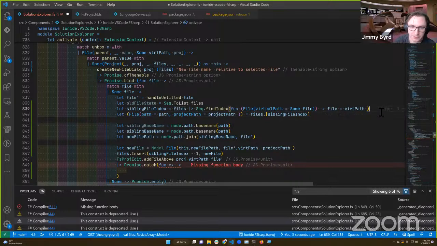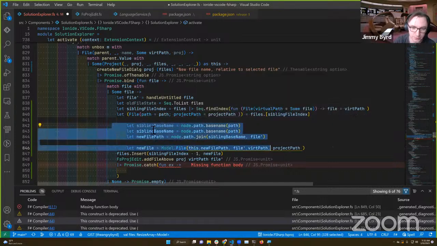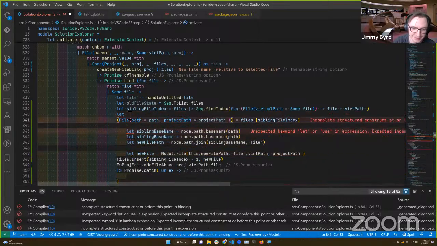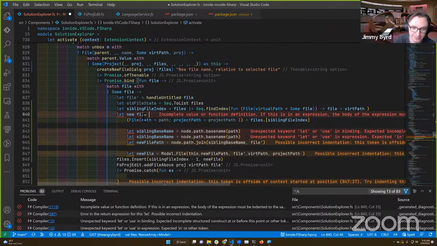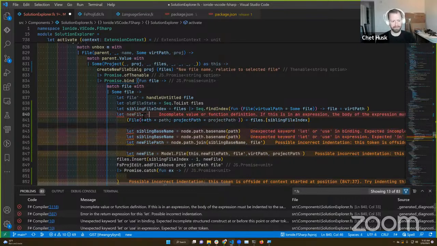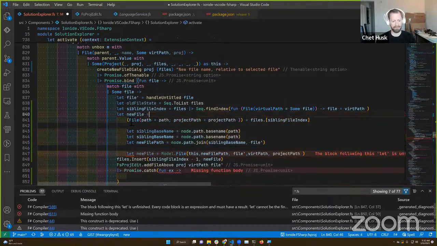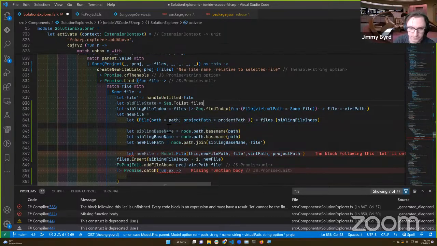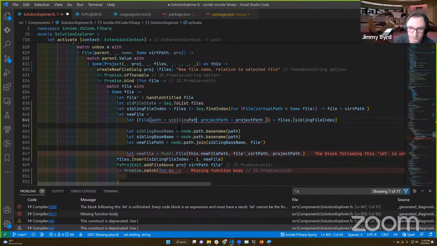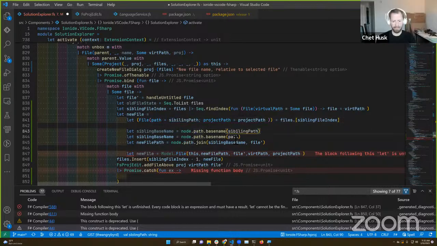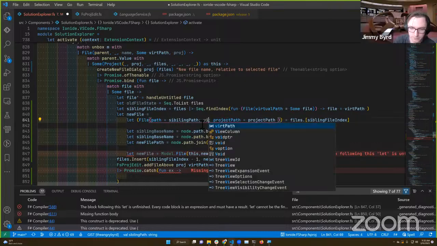You know what? Because I think I'm going to be losing some interesting context, I don't want to pollute my path. Just call this new file. Let's see. Sweet. And then we'll want to pull out the virtual file path.